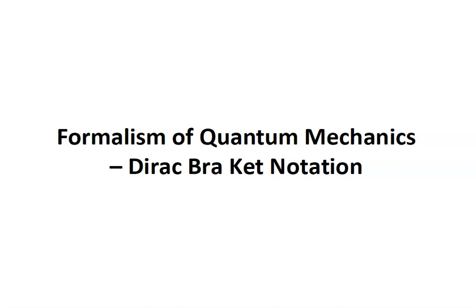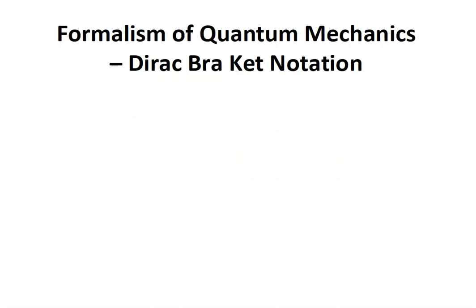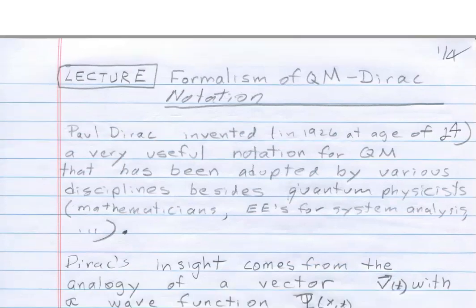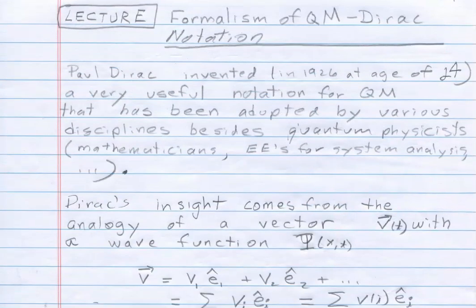in that the notation facilitates a lot of things once you get used to it and accustomed to it. It takes a little bit of effort to get your mind around the notation, but once that happens, then you find yourself using it pretty naturally. It was essentially invented by Dirac in 1926 was when the publication was. I think he did it in '25, so he was a ripe old age of about 24 when it was published, and ultimately it played an integral part of him getting the Nobel Prize in the early 1930s for